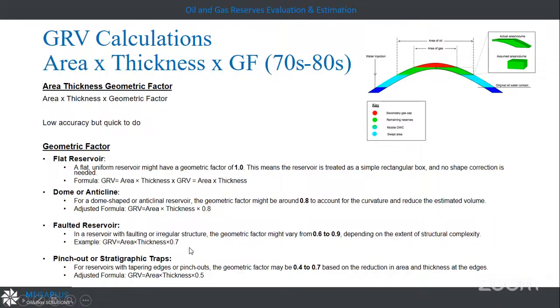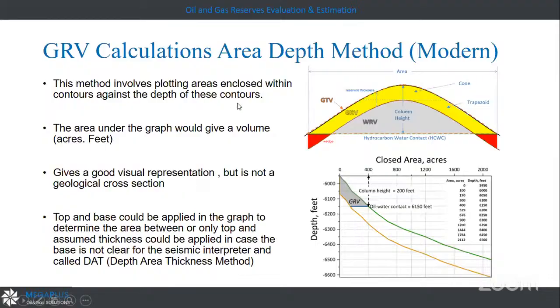All of these methods are very quick, but not accurate, unlike the final method, called the calculation area depth method. In this method, we are dealing with area versus depth. As an example, at the surface, the area equals 0, like here, and I'm now drawing the top. If I go down here, as an example, the area will be 400, something like that. And if I go further down, the area will be, as an example, 1,200. So I have to draw this, where the y-axis is the depth and the x-axis is the area.